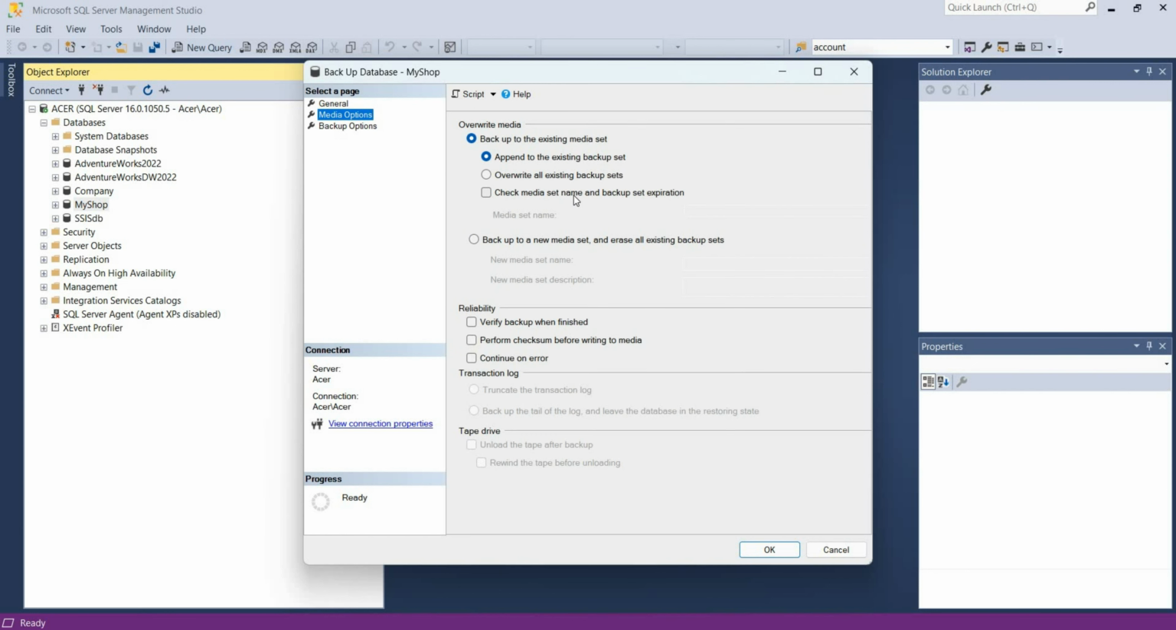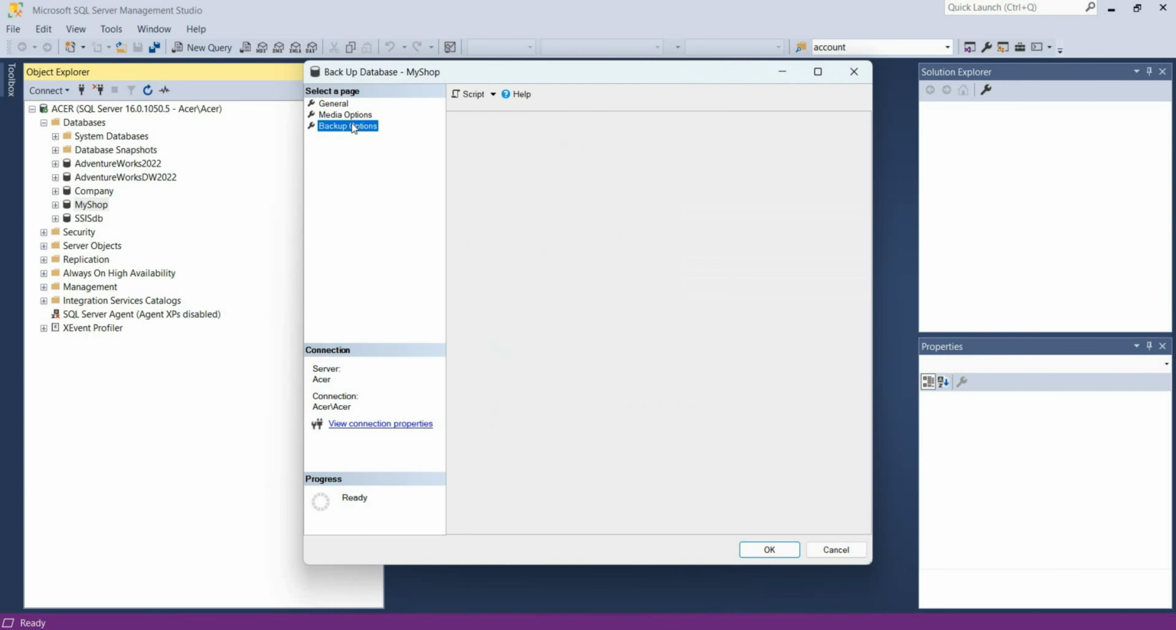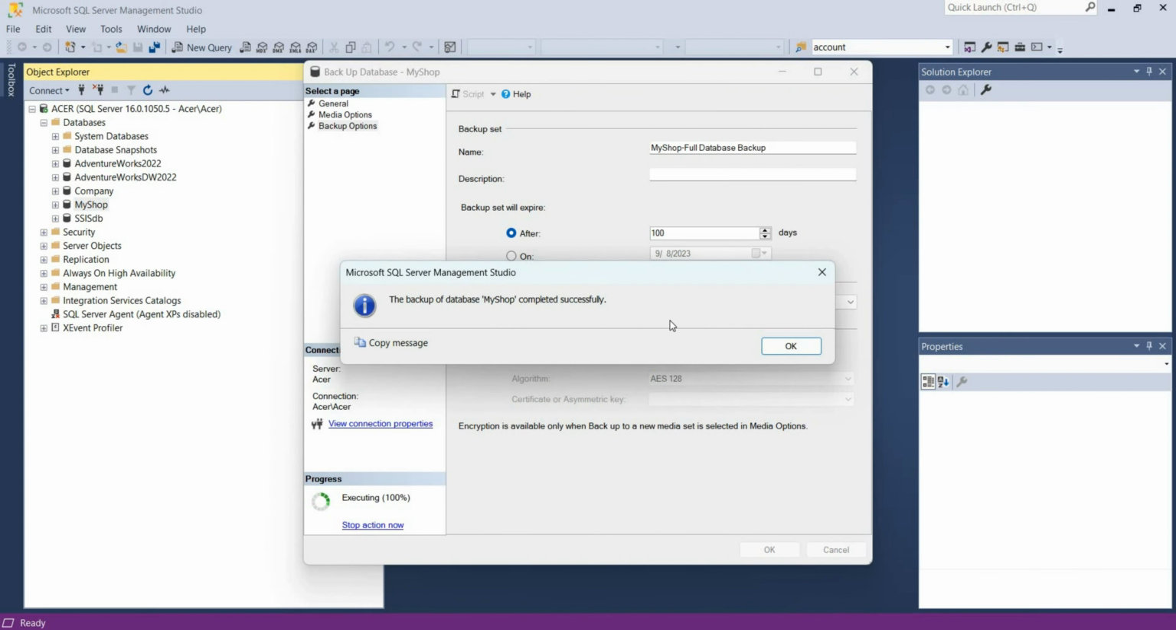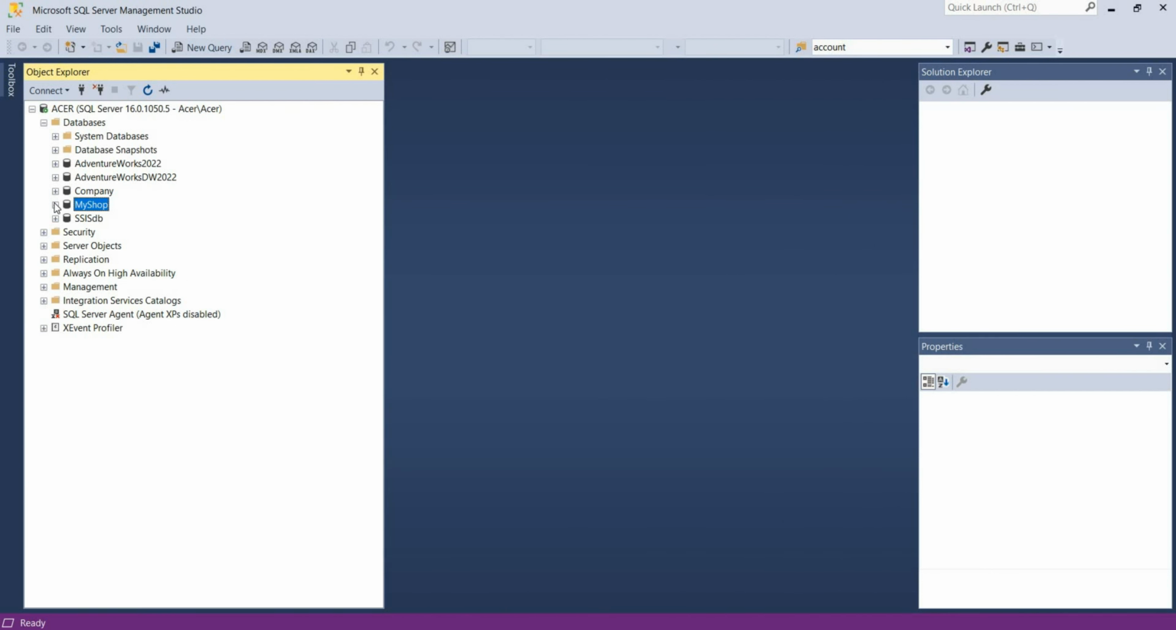That's fine. That's fine. Let's put it 100 days. Okay, so we see that we successfully completed the backup of my shop database. So we can start now